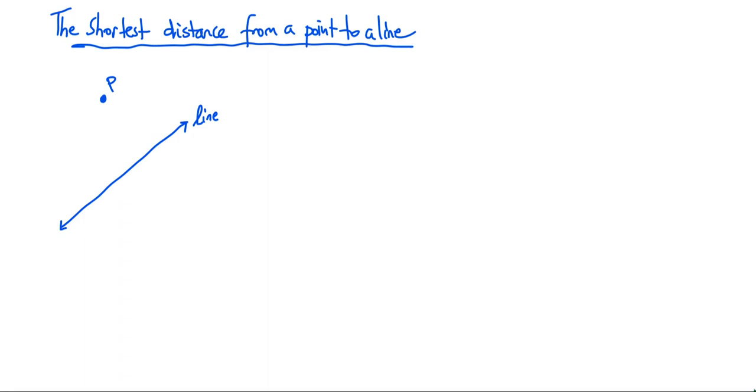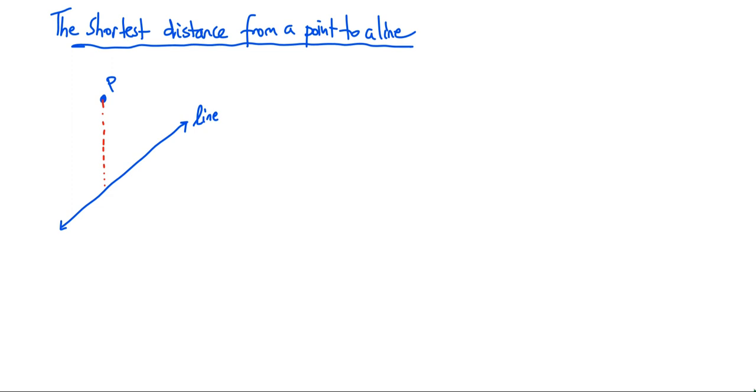Hi, this is Miss Park, and this video is going to show us how to find the shortest distance from a point to a line. So here's a point, and here's a line. As you know, a line goes on forever on both sides, and if I was to figure out the distance from the point to the line, I could just draw a little line from the point to the line and then calculate that distance. But this is actually finding any distance,